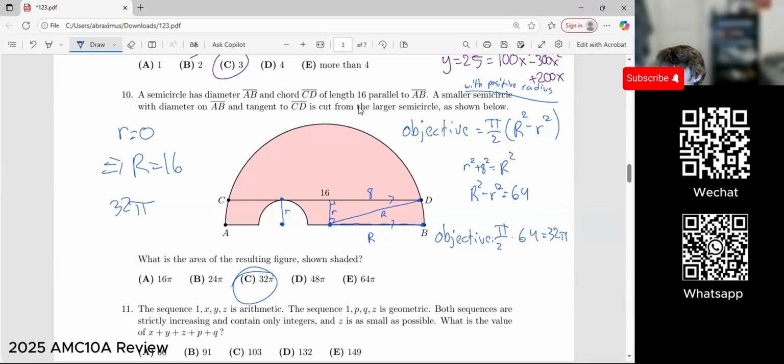However, the big one won't be infinitely small. And we can come up with some sort of relationship between big R and little r, according to this right here, right? Big R is equal to the square root of 64 plus r squared. So nothing breaks if little r becomes 0. There's no